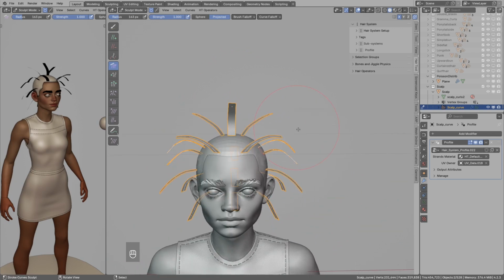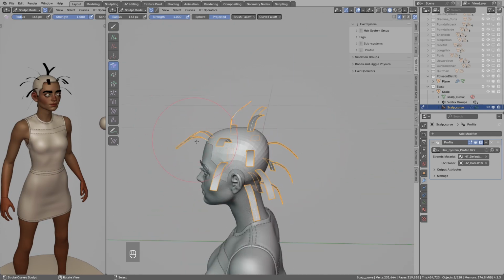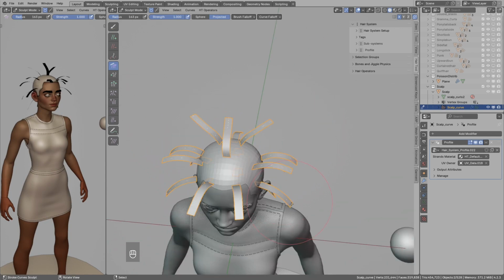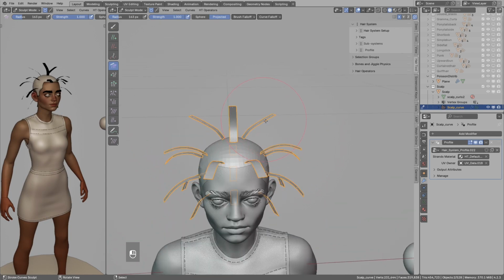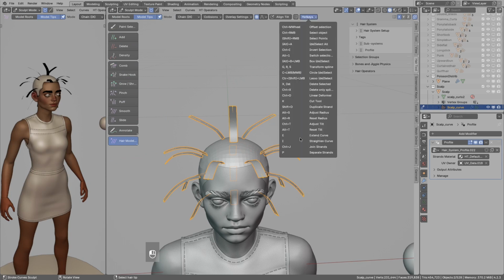And the hair tool comes with its own modeling tools that can help you with the modeling of the hair strands. You can access that from the left side. In the very bottom, you have the hair modeling. This will change a bunch of hotkeys. You can see all the hotkeys that were overridden in here.